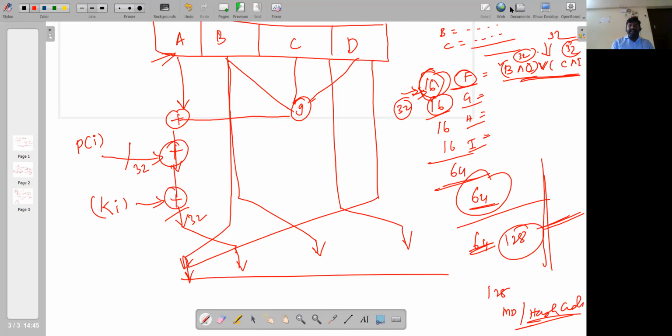Any queries regarding this theoretical explanation of MD5? I hope you are all very clear with these concepts, because I explained them several times during our explanations. This topic I've already covered, so this was a quick recap. If somebody had missed the lectures, they could get a basic idea of how the coding part is going to work. Otherwise it will be completely blind.